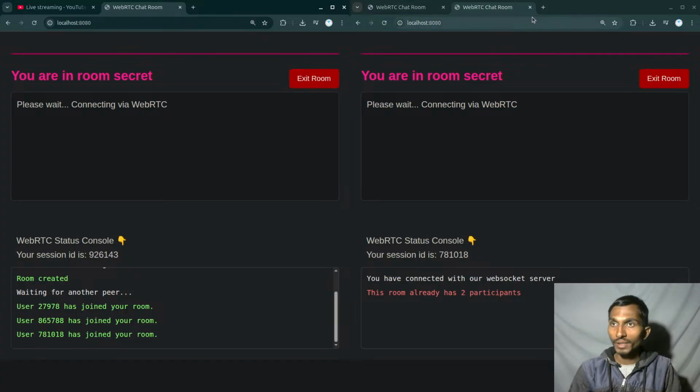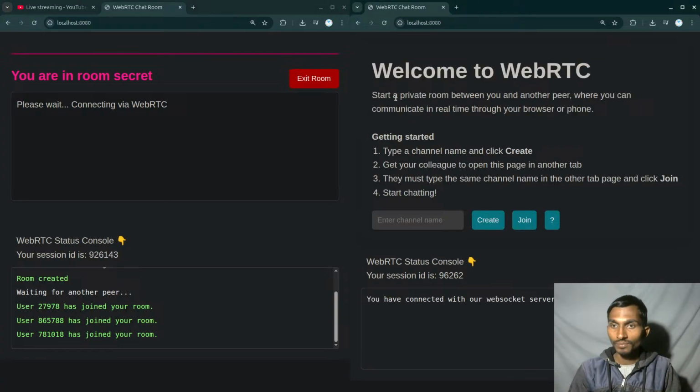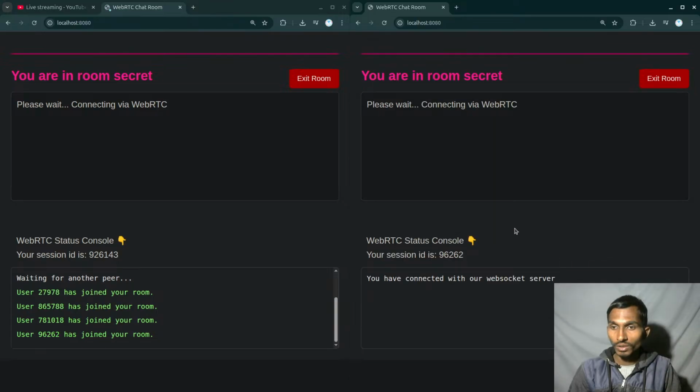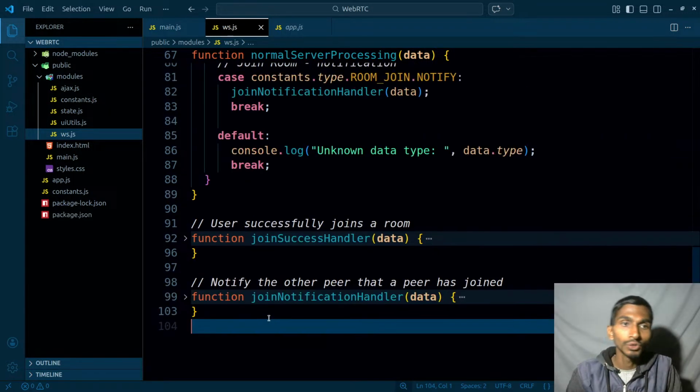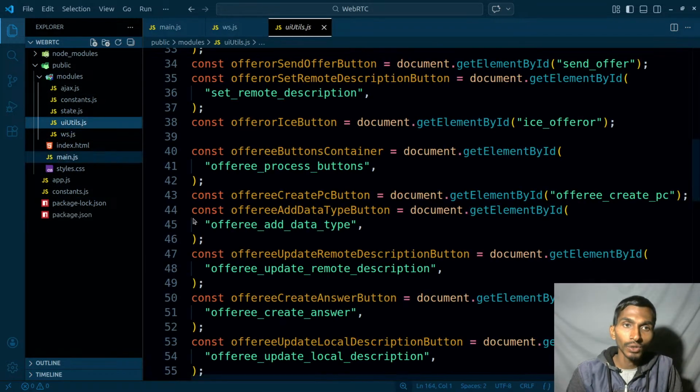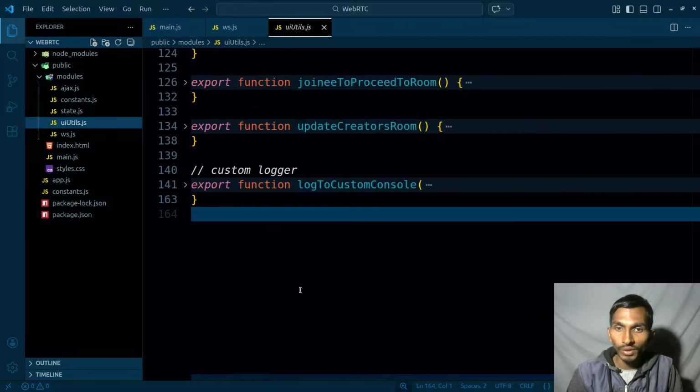Once I'm actually joining the room, I'm not getting that message here. So secret, join the room. Yeah, I joined the room, but I'm not getting any message here that okay, you have joined the room and all. That is something that I have to take care of, and nothing else. So whenever I'm joining the room, what can I actually do? This is a matter of UI utils related stuff. So inside UI utilities,